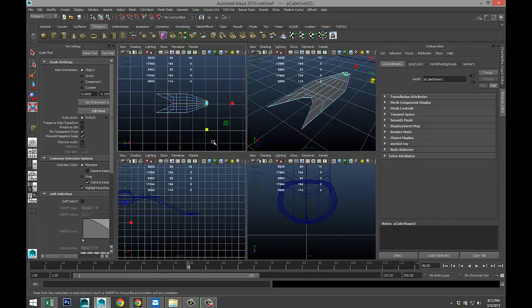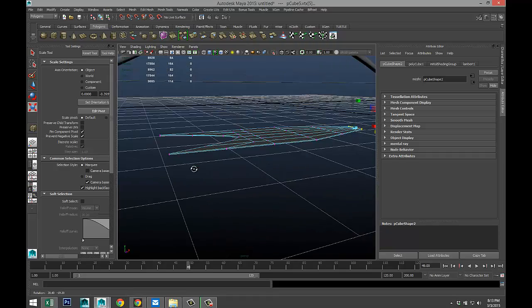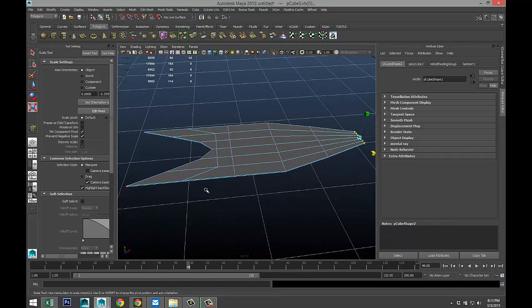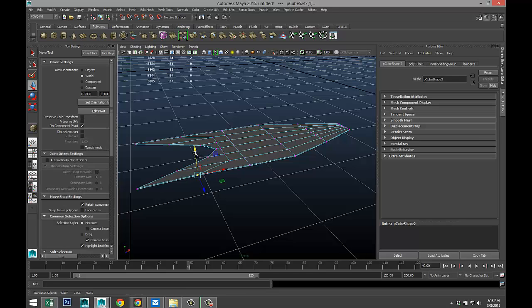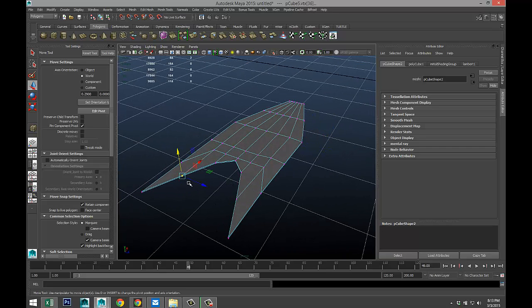Okay, now that looks very artificial. So now let's bring this thing to life if we can. Right click vertex. We're going to start to manipulate some vertices just to give a slightly more natural feel to it. So we're just going to take a few vertices, push them up, push them down, just so it doesn't look so artificial.